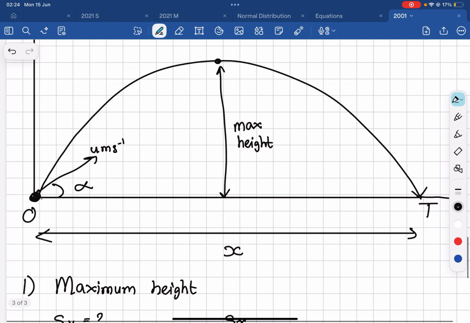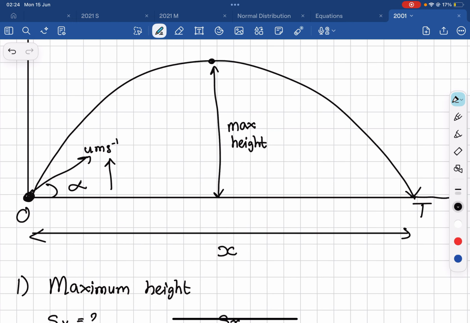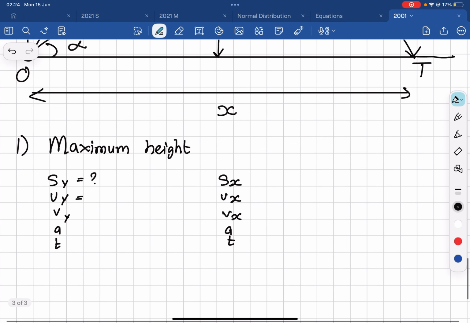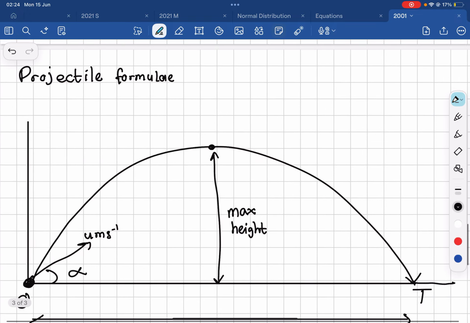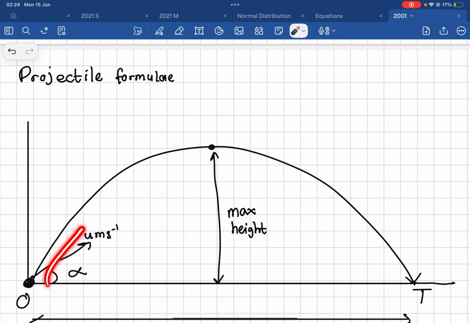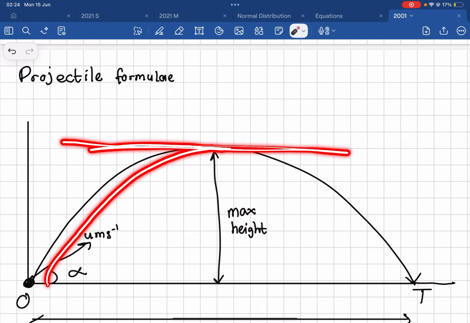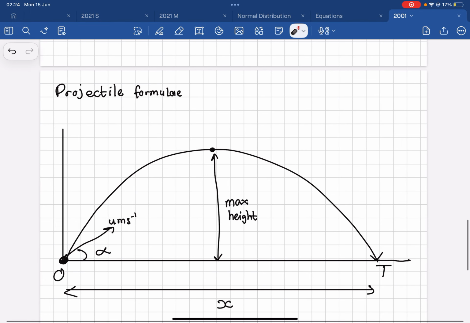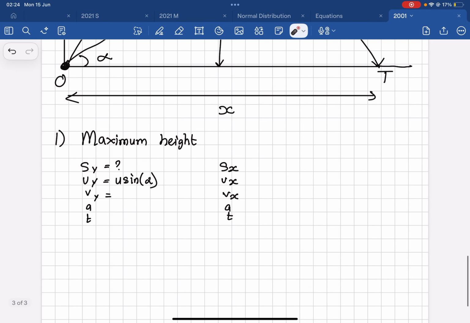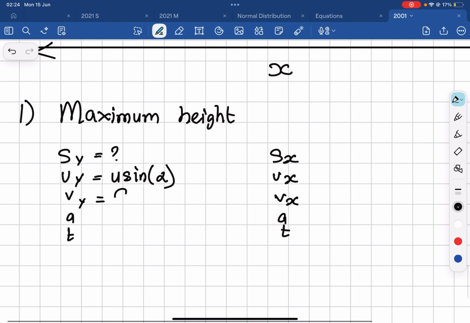U, well, that's just this here, so opposite over hypotenuse, we have u sine alpha. Final at the maximum height, well, if you see how the particle is acting, at this point it's got no vertical component, it's just acting horizontally. So what we say is that it's got 0